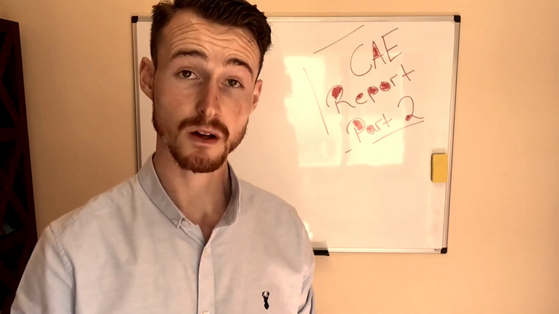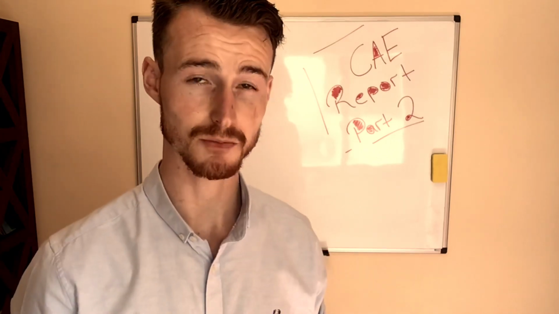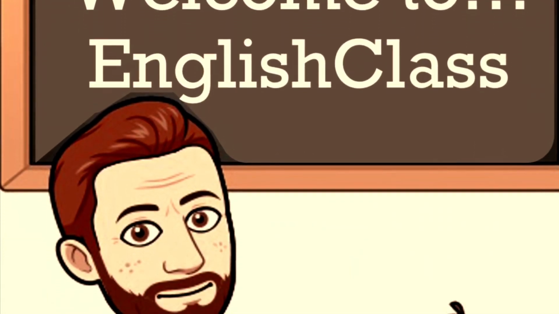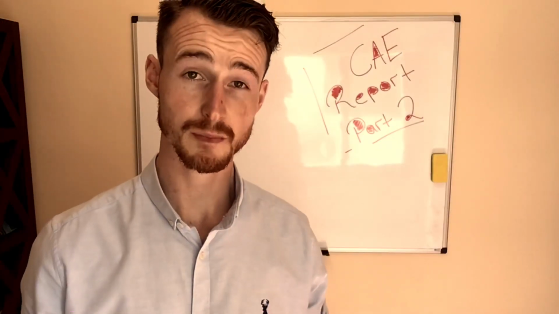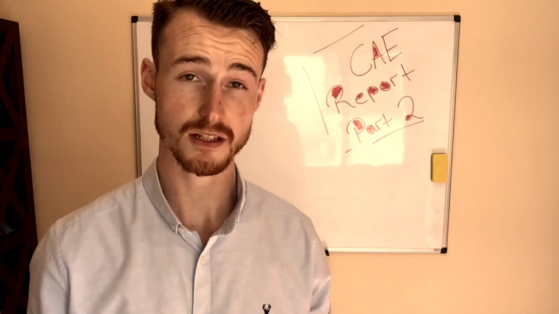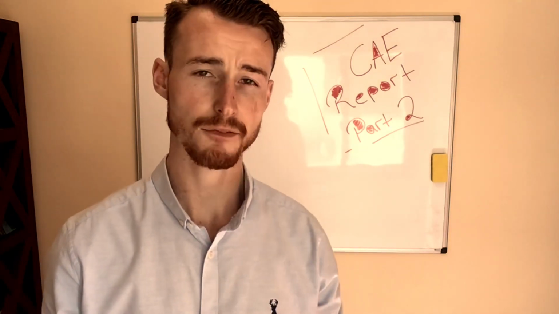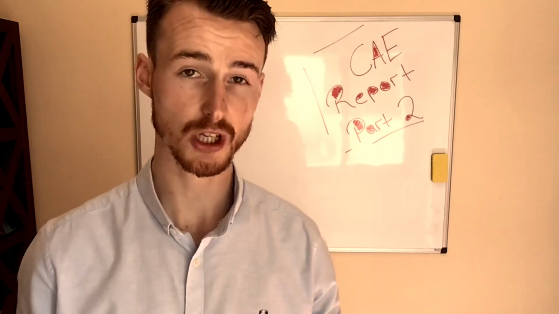In today's video, we're going to be looking at how to write a report in Cambridge Advanced Part 2. So, your report should be between 220 to 260 words. The report should describe a past situation and focus on the problem and present predictions or provide solutions on how